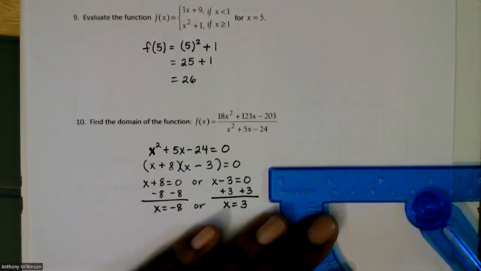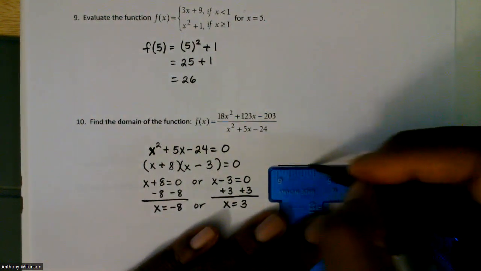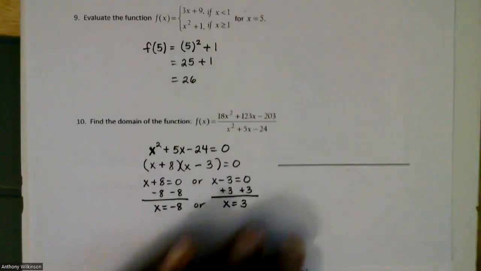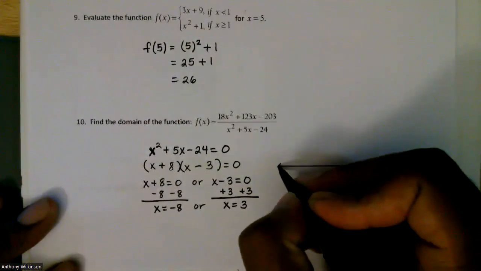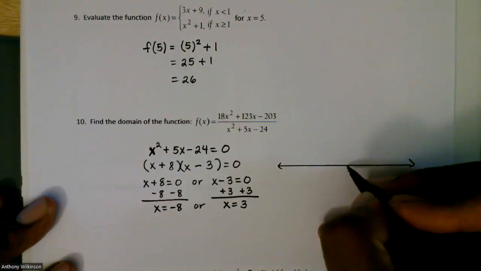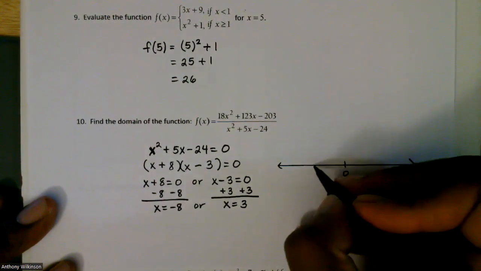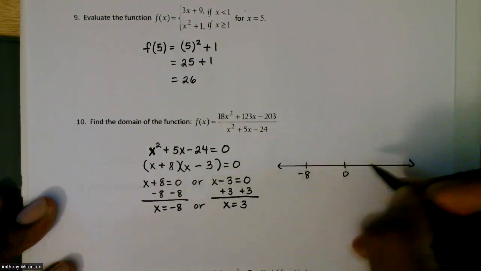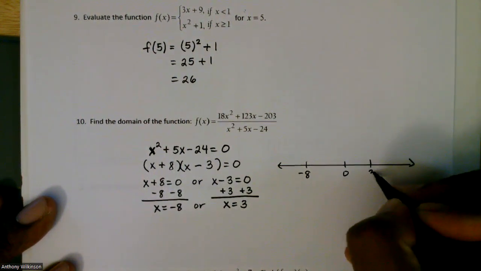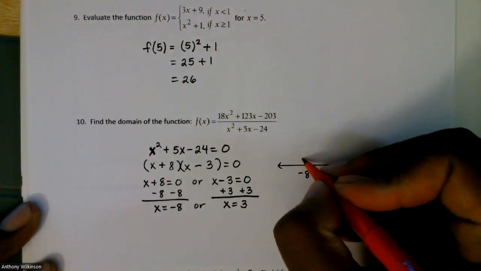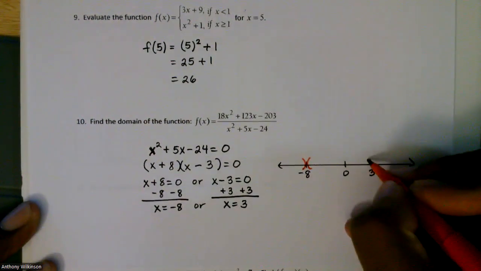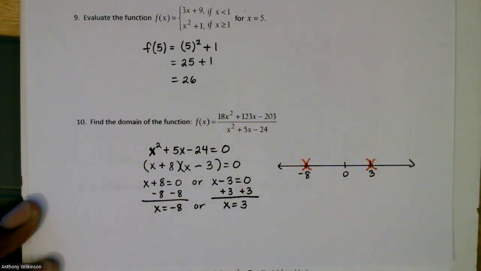All right, now I'm going to write the domain in interval notation. And if you want to, you can draw a number line so that way you'll get an idea of how to write the interval notation for the domain. Let's say -8 is to the left of 0, 3 is to the right of 0. So we know at -8 and 3, we're going to get zeros in the denominator. So I'm going to use parentheses around -8 and parentheses around the 3. Now,